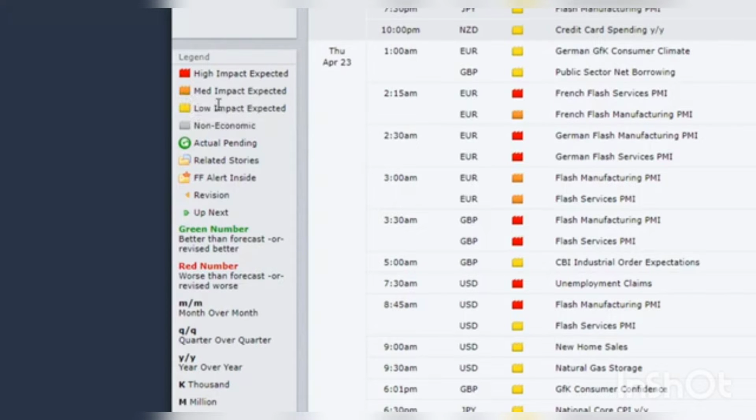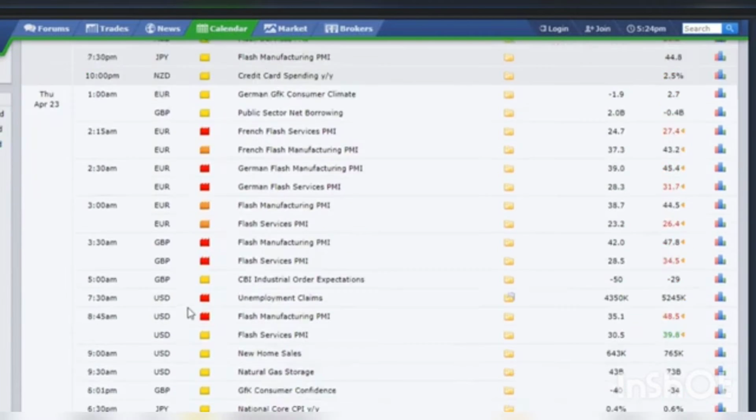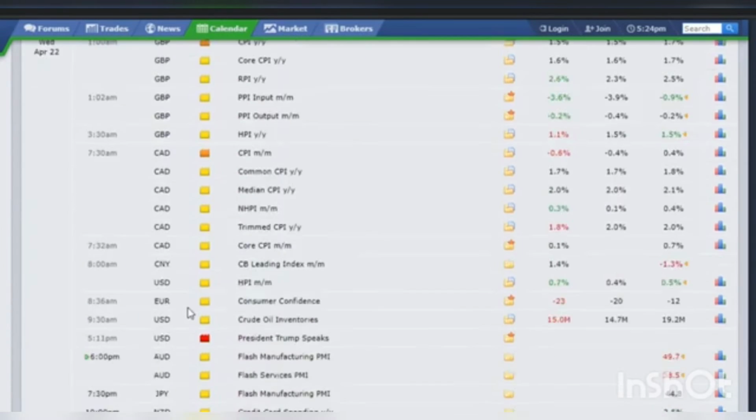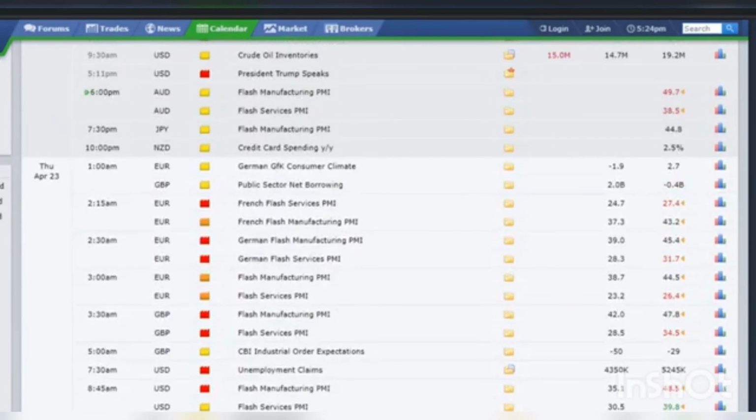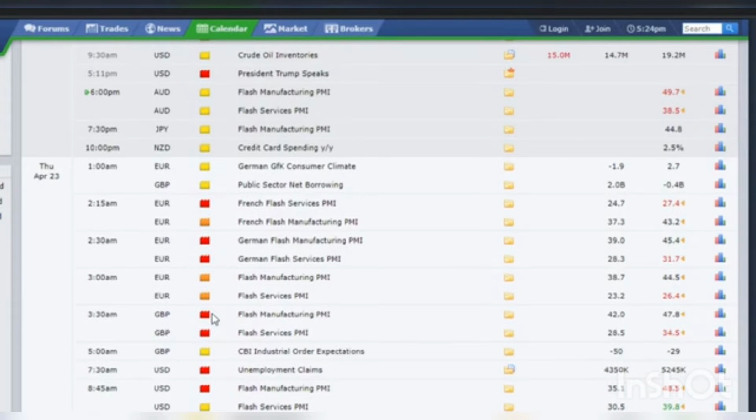Sometimes you have non-economic events, which are gray. And I think most of these events are related to bank holidays. So whenever you spot a bank holiday or several bank holidays in one day, that will give you an idea that probably there's going to be low activity or low volume for a determined currency pair. All right,